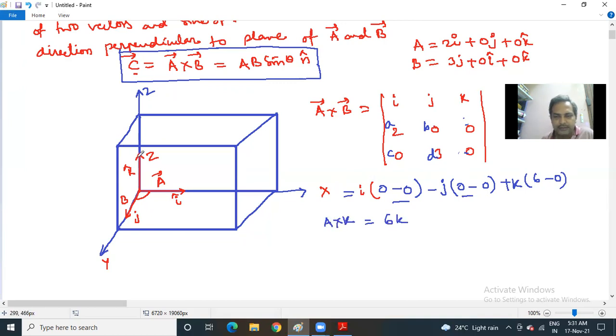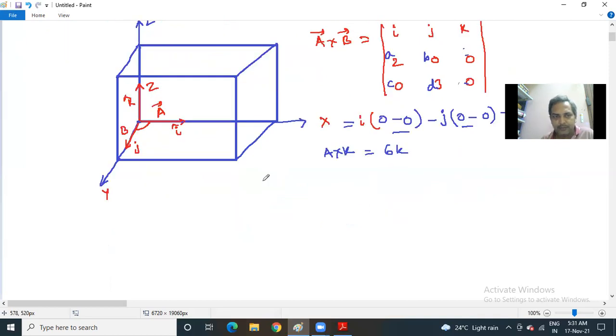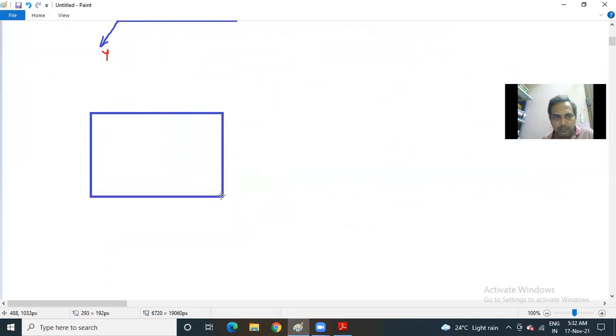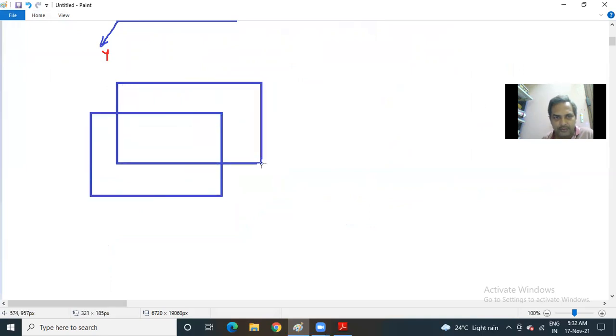So therefore, the resultant vector acts perpendicular to the x and y axes. It is along the z axis with a magnitude of 6, if you take these numbers. So that is why the magnitude of vector A and vector B may be different. Then let me proceed with the examples now. Suppose you take once again an example, just like drawing a room. First, join them like this.